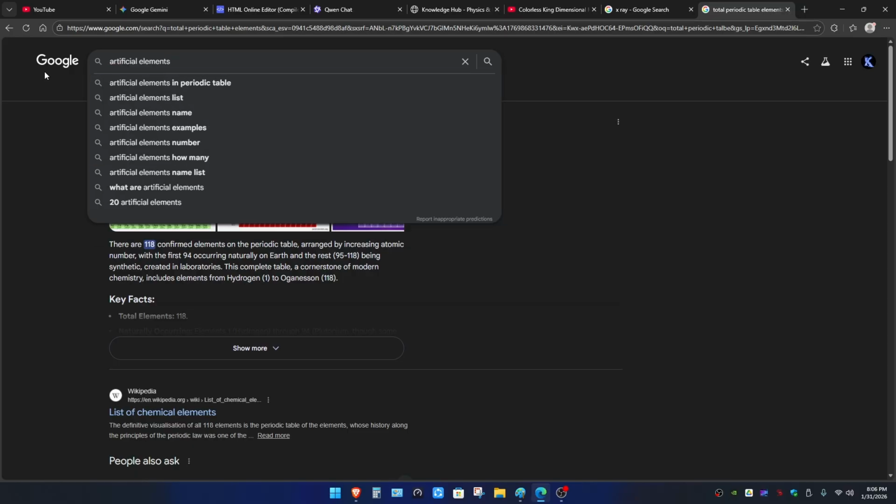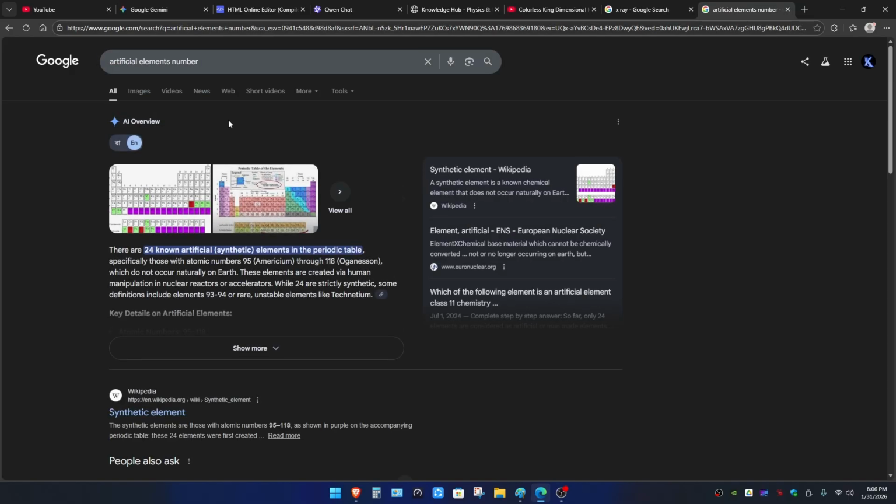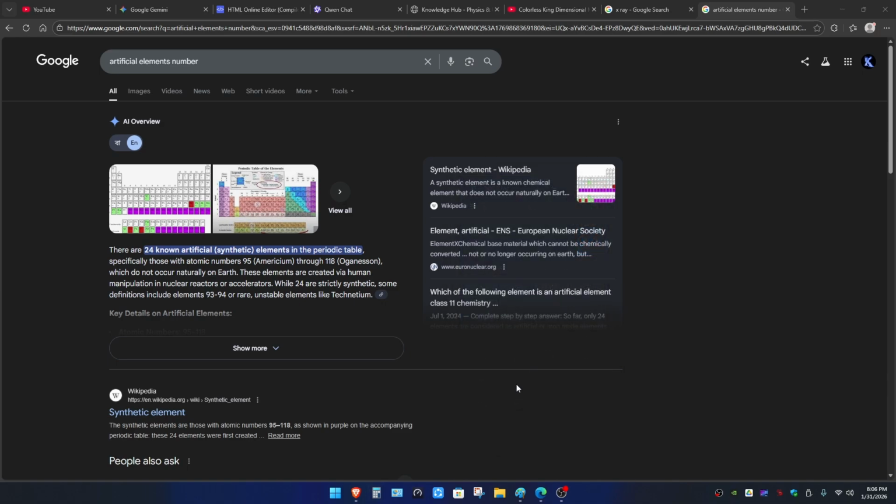Artificial elements number 24. So out of 118, there are about 24 which are made artificially. Okay, so here's the thing: if we subtract 24 from 118, we get 94, right? So out of the total 118, there are 94 of them that are found naturally in